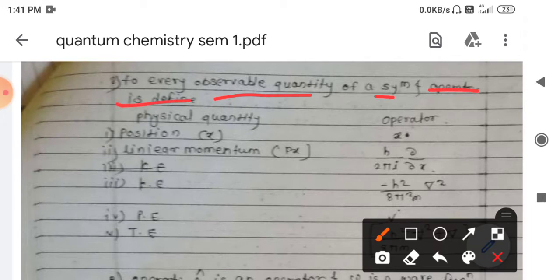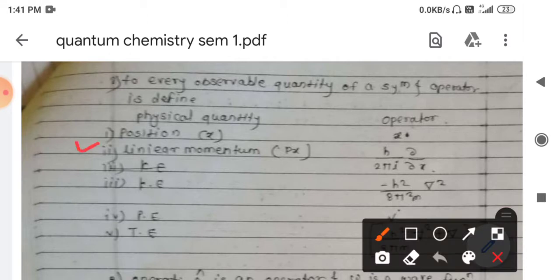Previously we have seen that in classical mechanics, suppose we have position along the x direction, I will represent it by the symbol x. For quantum mechanics, we simply say that the operator will again be x cap. For an operator we put a cap here, and the value of x cap again comes out to be x. So for the position operator, we simply multiply by x.